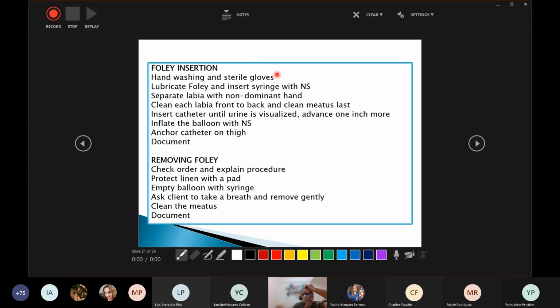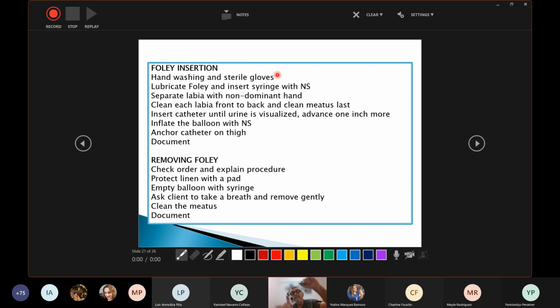So you're going to be wearing sterile gloves, as we said. With a sterile glove, you are going to grab the catheter and lubricate the tip of the catheter. No problem, because you are sterile. You leave the catheter there on a sterile surface. Then, with the sterile syringe with sterile normal saline, you attach it to the port of the catheter that takes you to the balloon, to inflate the balloon. So this is the Foley you already prepared.